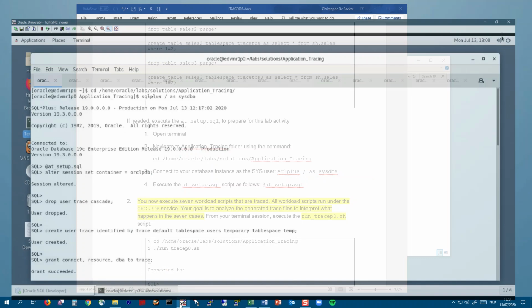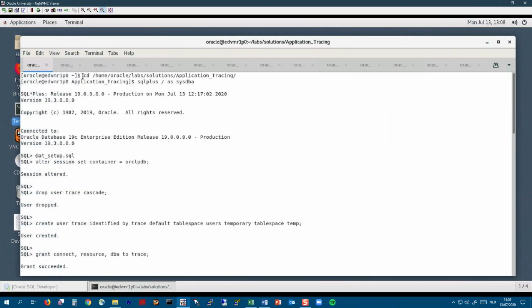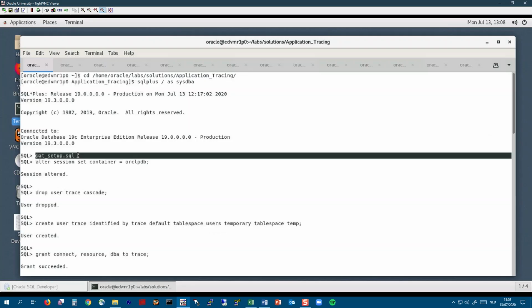Just to show you, you see here that I've changed my directory to the application_tracing directory. I connected as the sysdba user to my database instance, and I have launched that script file